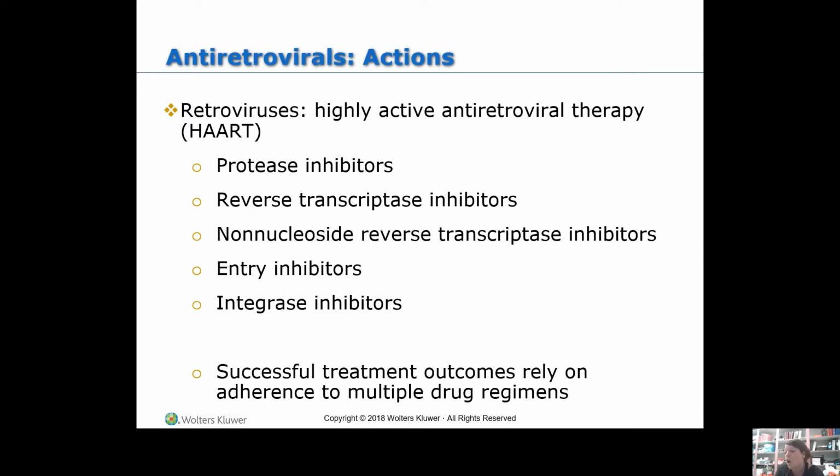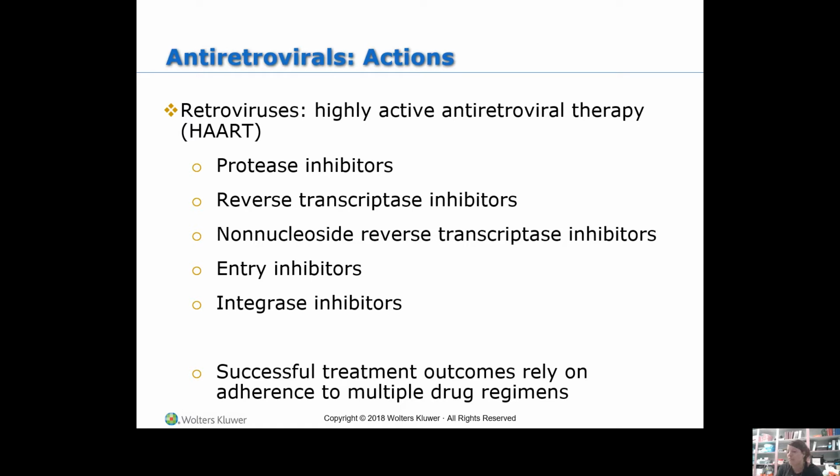So you'll see that all of these drugs end in VIR, regardless of their class. So I need you to at least pick out that if it ends in VIR, it's going to be an antiviral drug. And then we'll be working backwards from there. So antivirals treat viruses. I already told y'all that, but that's a simple concept, but everybody wants to cross antibiotics and antivirals, and they're not the same thing.